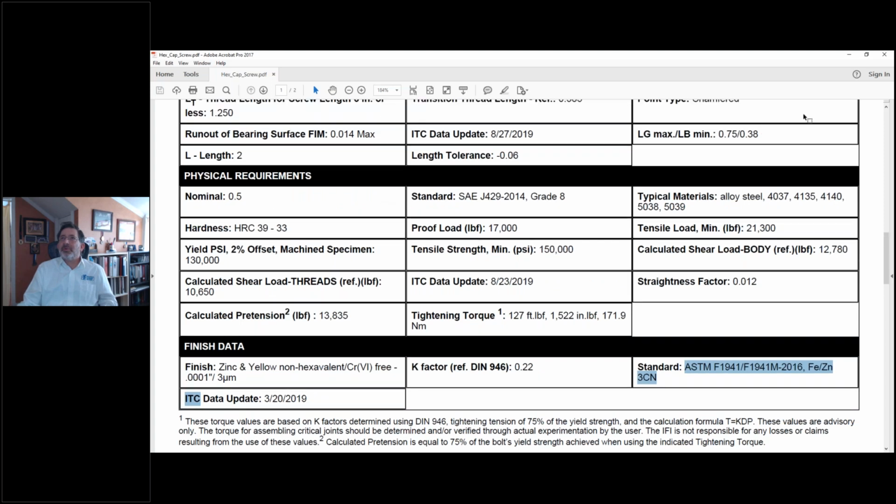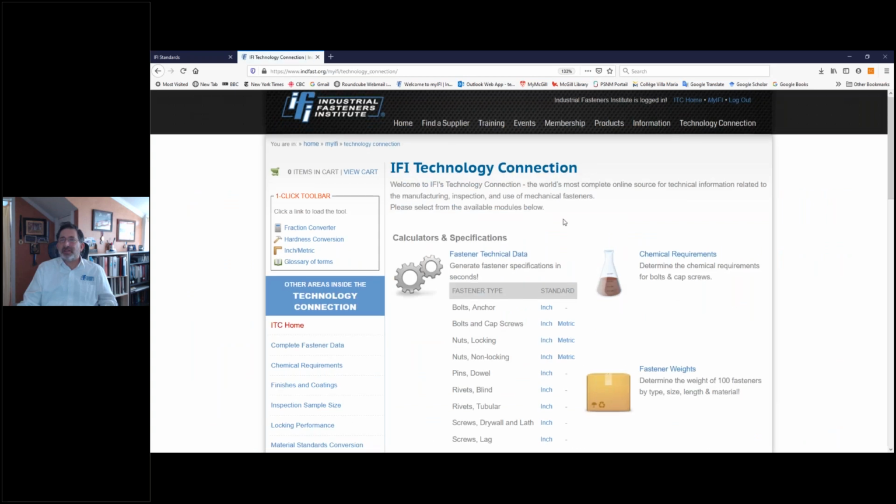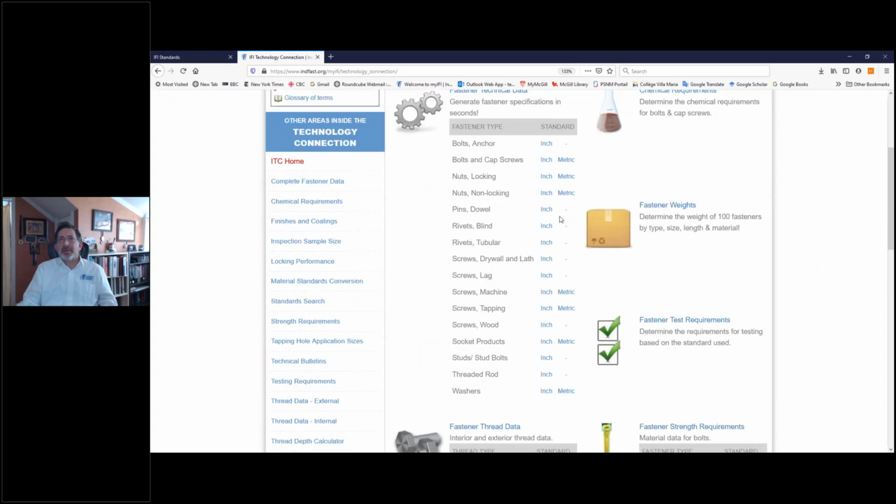So there's an example. I'm going to now go back to the home page of the technology connection. You can play around with this. As I said, every different type of fastener is specified, and we cover about 80% of the metrics and about 98% of the inch product. So you see you got the dowel pins, the blind rivets, the tubular rivets, the screws,